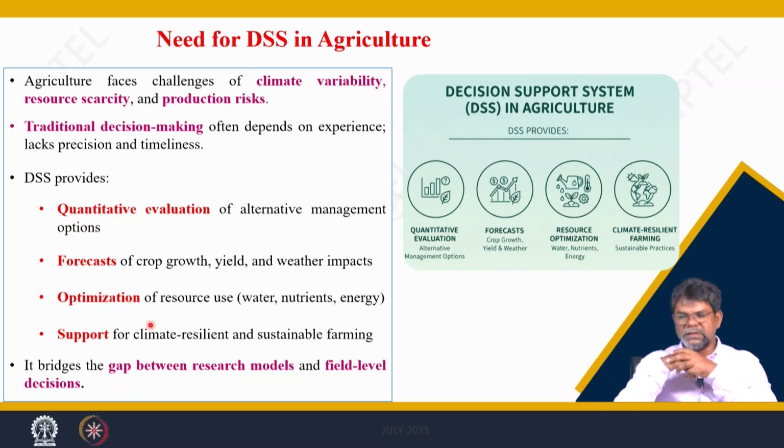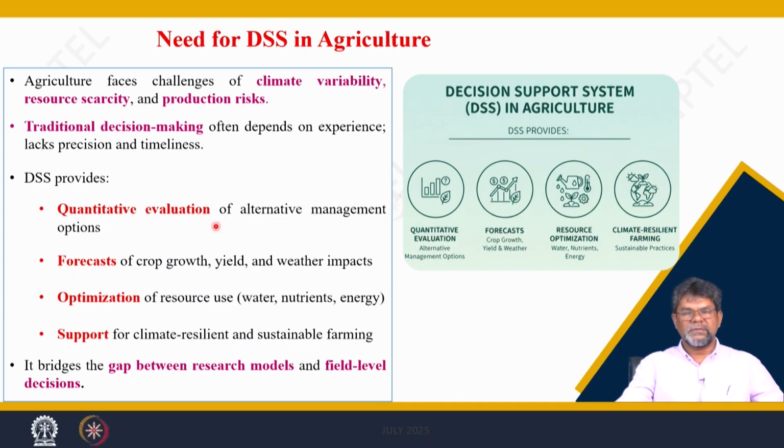So, the needs of the DSS in agriculture, I have already discussed what the use is. Traditional decision making often depends upon experience and lacks precision and timeliness, but now there are supporting tools. DSS is a supporting tool. If you use some mathematical relationship using the inputs, you get the output. By varying the inputs, you can get variable outputs, that will help you for the quantitative evaluation of